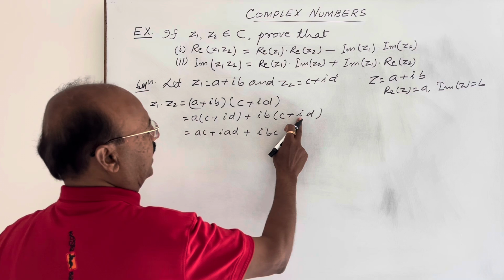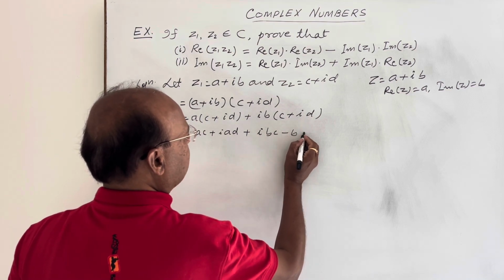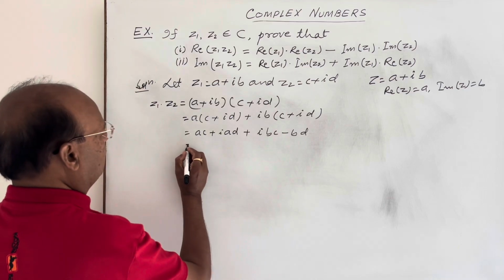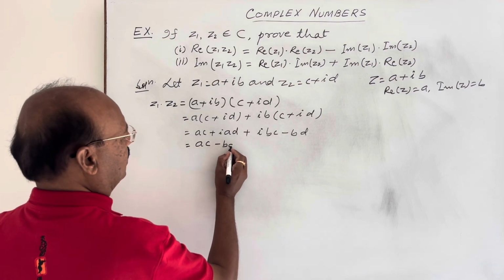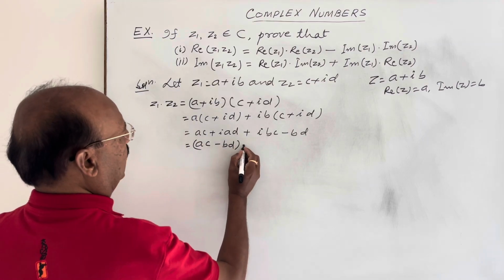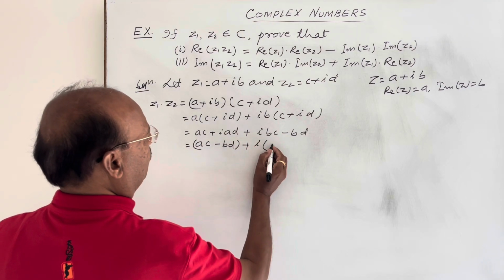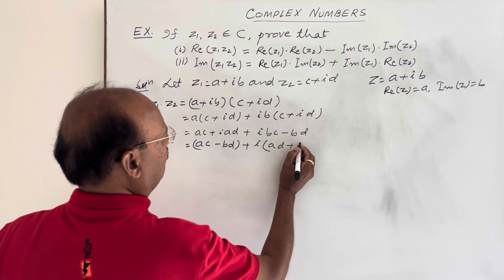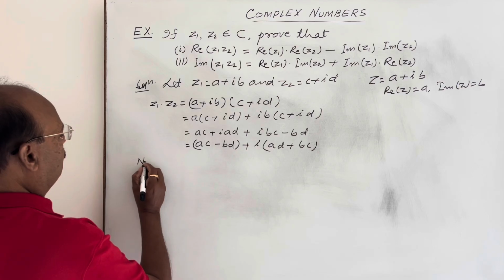Here i into i, that is i square, is minus 1, so minus bd. We can write it like this, ac minus bd, these are real part, and plus i will be common from these two terms, ad plus bc, correct? Now,